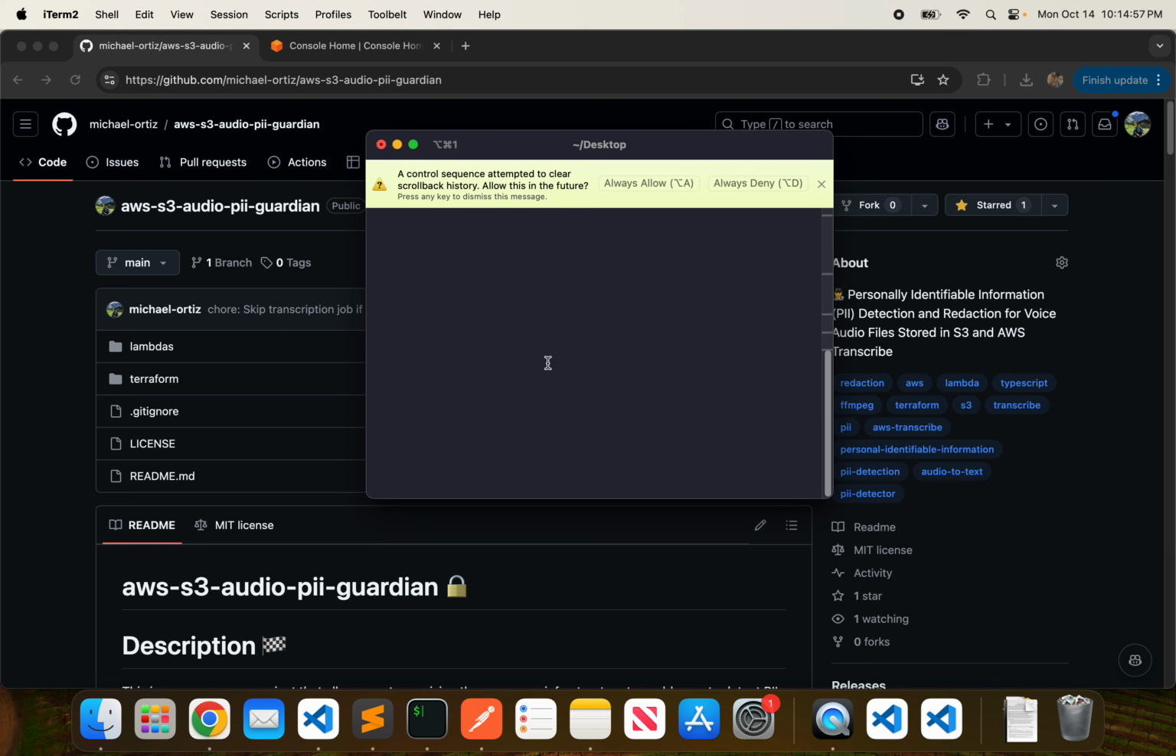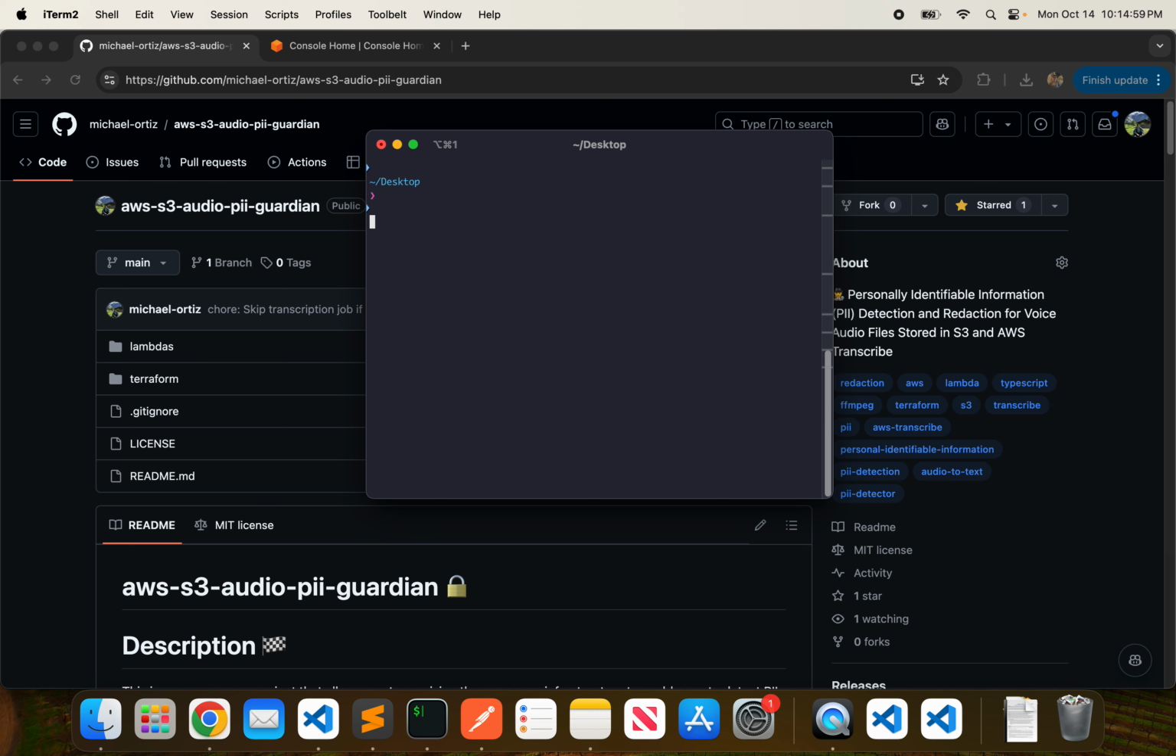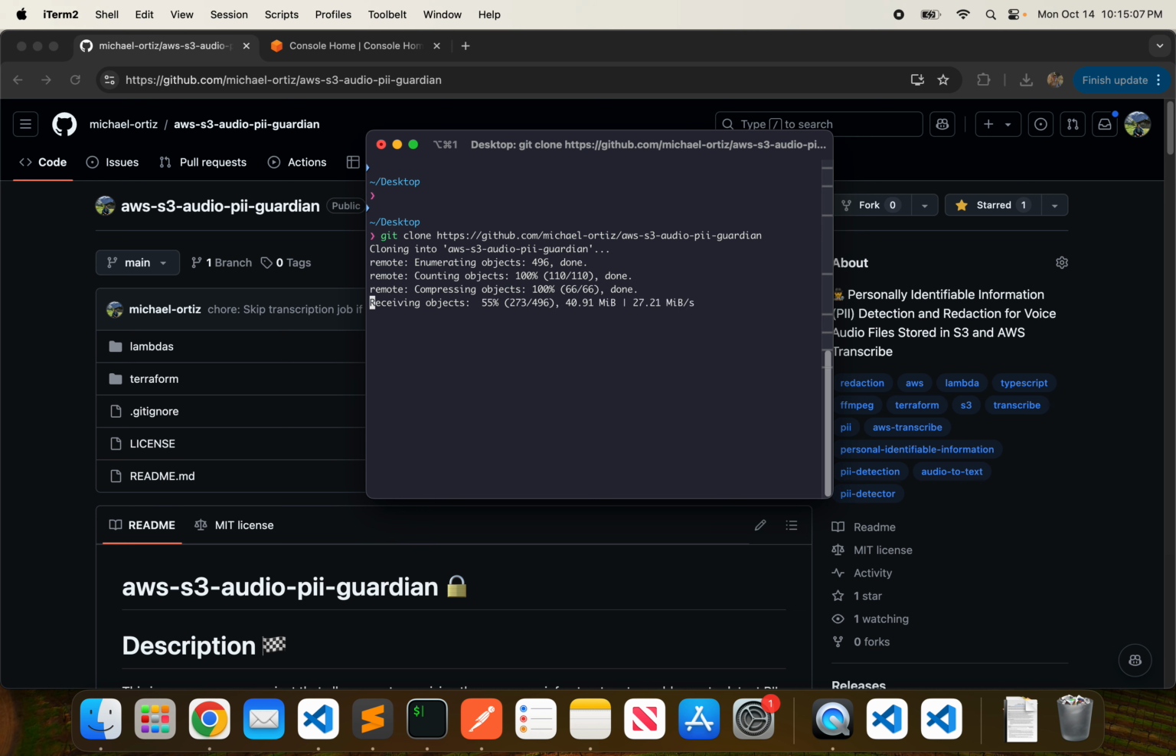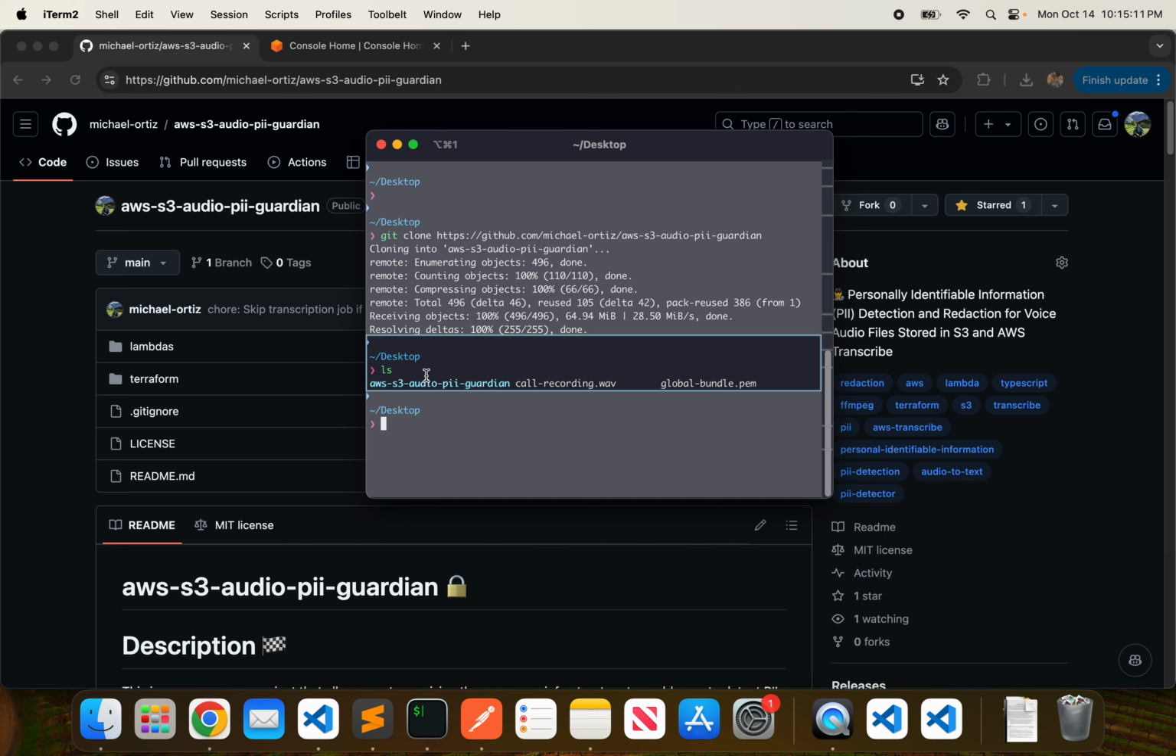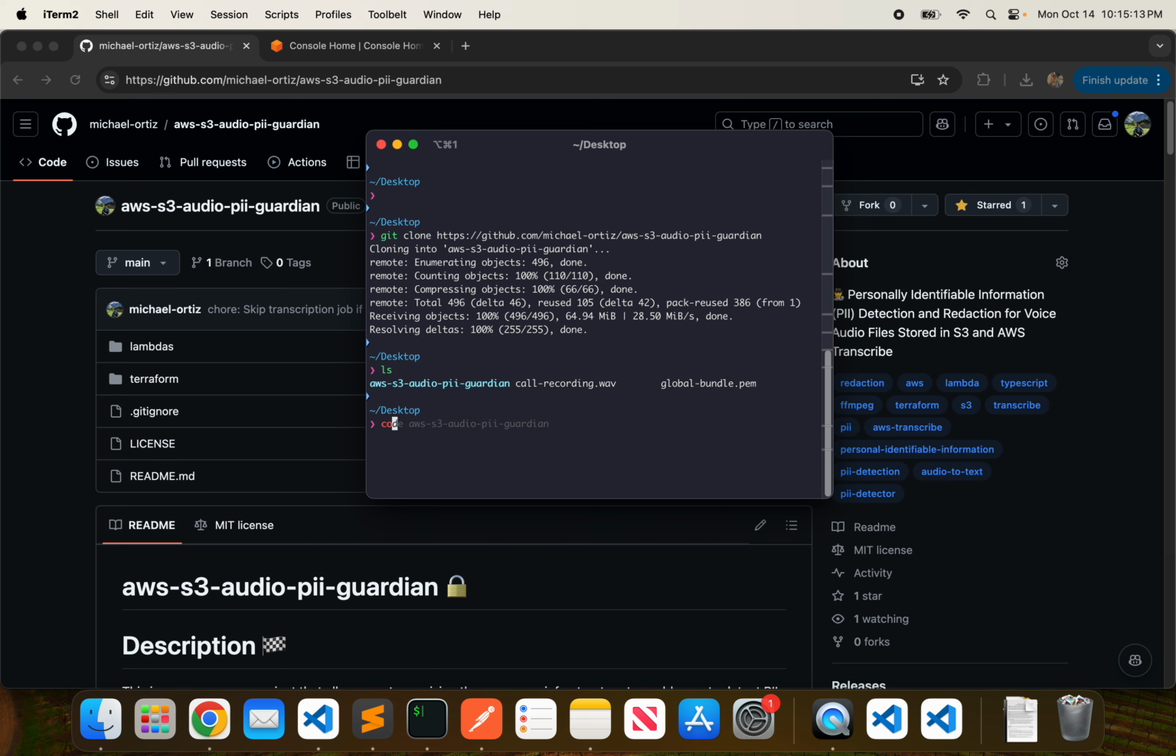Basically go to your desktop, and here just do git clone. So this will download all the source files and lambdas and everything inside of it. Then just go to